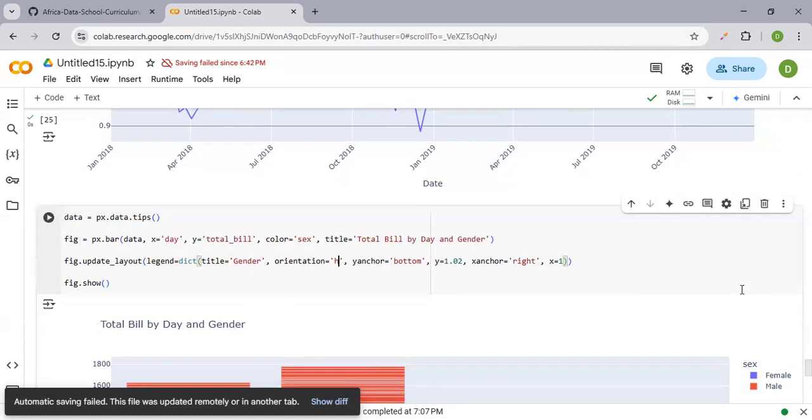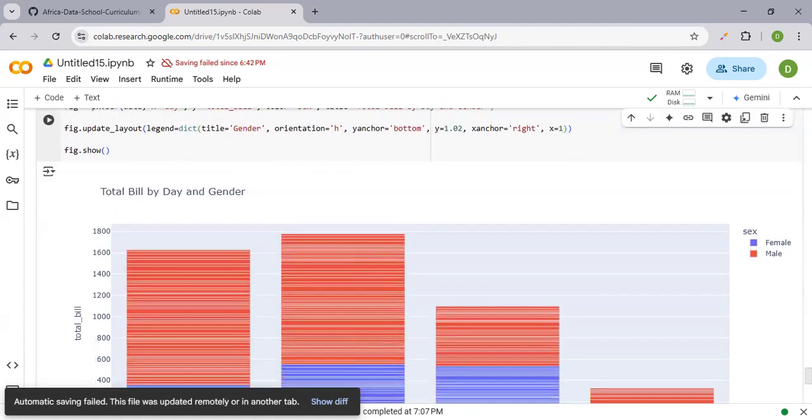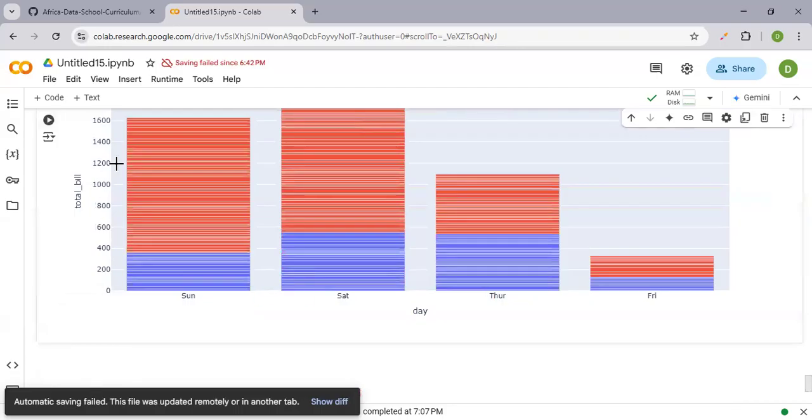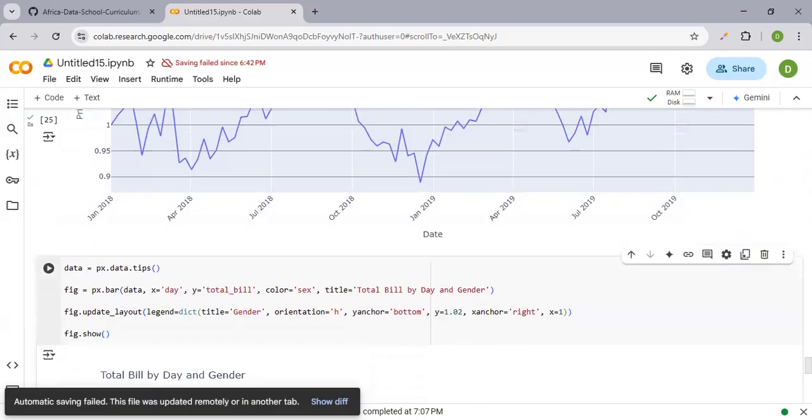So this is the y-axis. So we want it to be bottom. So in this case, it's top. So y anchor, I want it to be bottom. Then we want it to be displayed on y at 1.02. Then on the x-axis, we want it to be displayed on the right side, which is already there. Then on x, we want it to be displayed where it is 1. So when we run this,